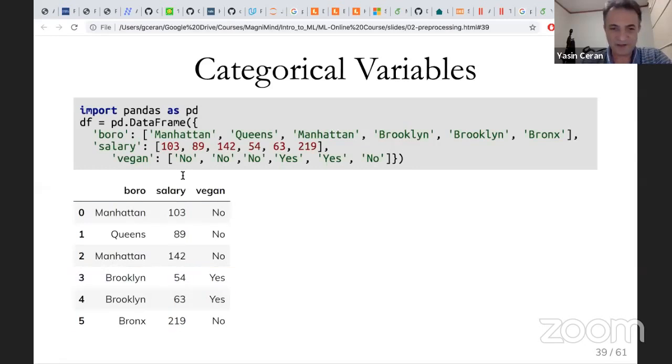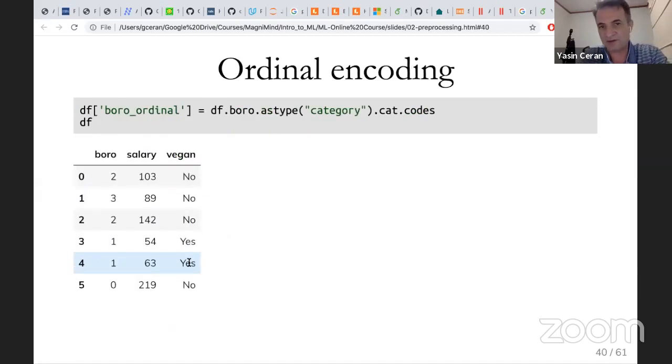And then we have salary, which is numerical, right? So we have 3 attributes. 2 of them are categorical, 1 of them is numerical. Again, this by itself, as of now, will not work for most of the machine learning algorithms. Then we need to take care of these categorical variables. First of all, vegan is going to be our target variable, and borrow and salary are our feature